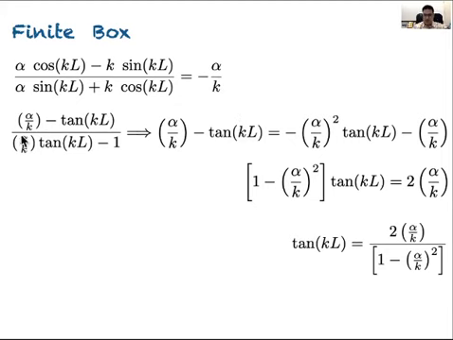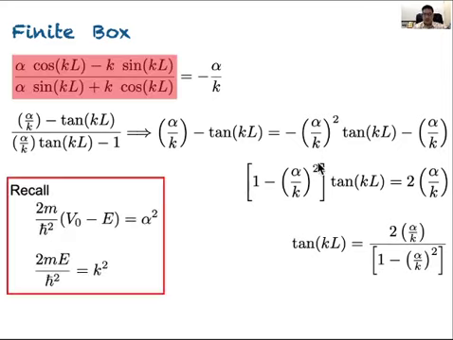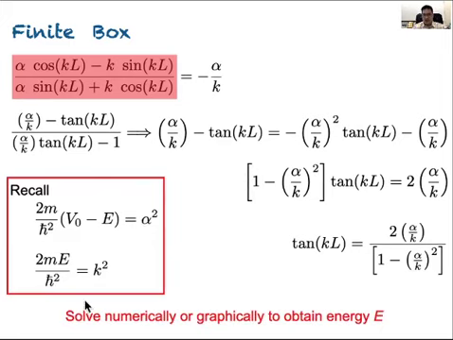So this is this one. Now alpha over k is written into this following form, so this multiplied by this, I have got it. When you substitute everything correctly, the whole equation boils down to this following fashion: tan kl is equal to 2 times alpha over k divided by 1 minus alpha over k square. Okay, so this is the one we have got, and now these are the values of our alpha and k. As I said, this equation cannot be solved anymore on pen and paper, or equivalently analytically,